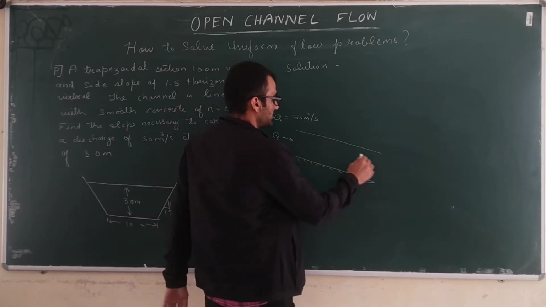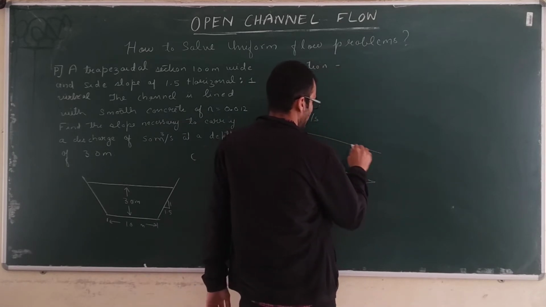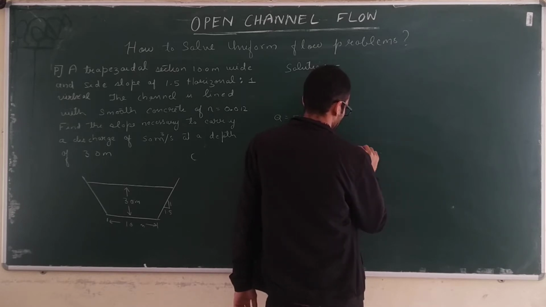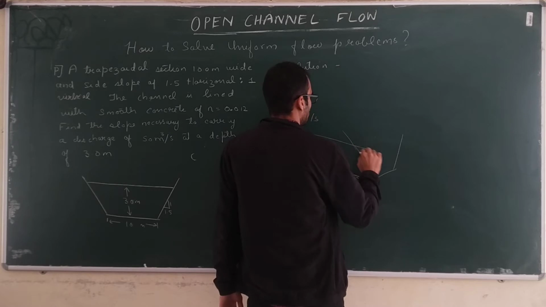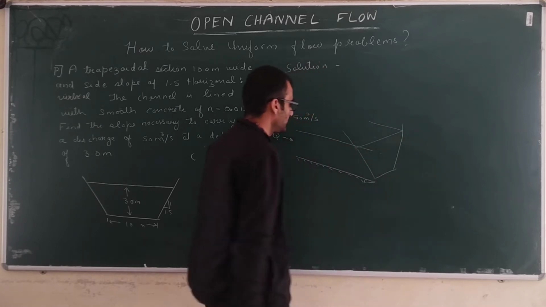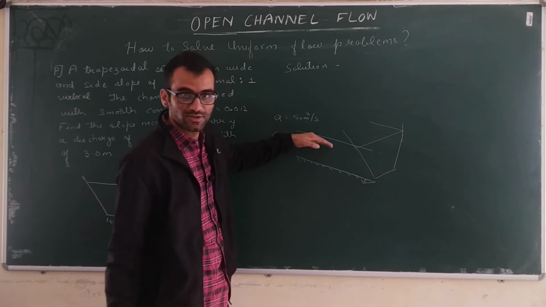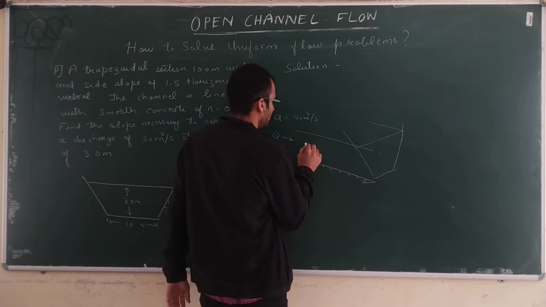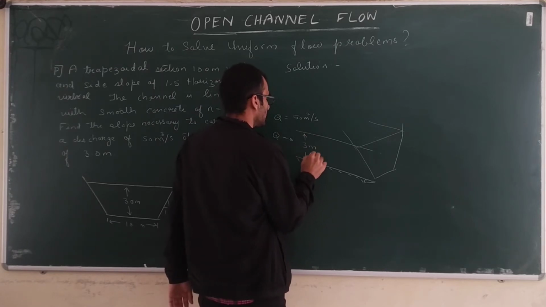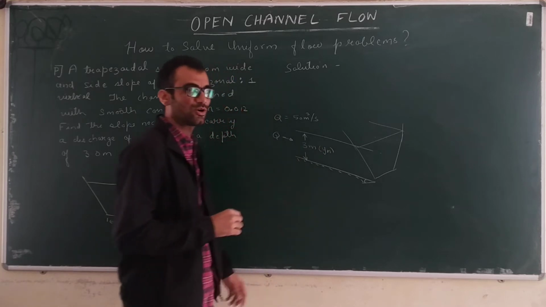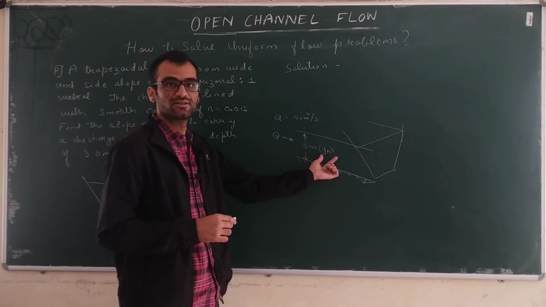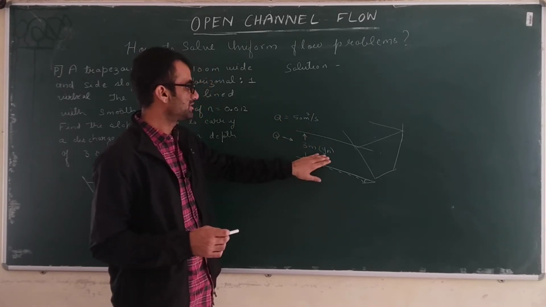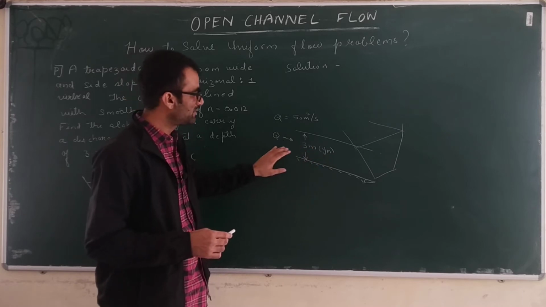The cross section of this canal, if you take a cross section, will be a trapezoidal cross section. 50 meter cube per second of water will be flowing in this canal at what depth? Depth will be 3 meters. So this is your normal depth yn. And normal depth, how we represent this? We represent this by yn. So whenever some flow is taking place at a constant depth, then that depth is called a normal depth, because flow is a uniform flow.